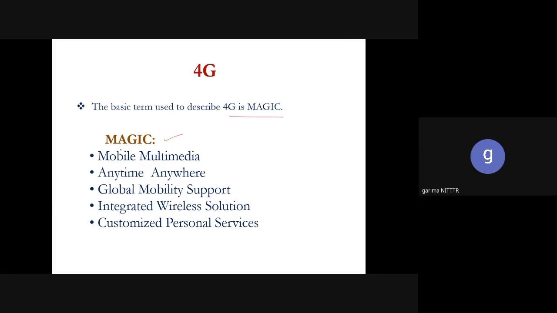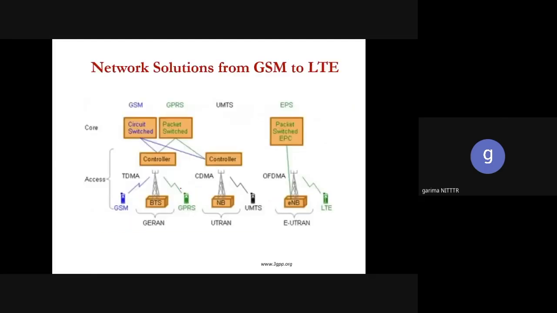So that is why the term magic was given to that, and the full form of magic is mobile multimedia, anytime, anywhere availability, global mobility support, integrated wireless solution, customized personal services. This was considered to be part of 4G communication at that time. So if we move, we have solutions from GSM to LTE itself, that we already saw in the previous diagram,